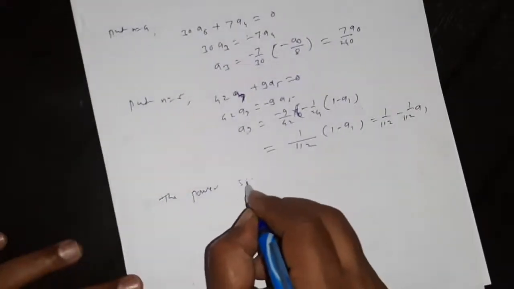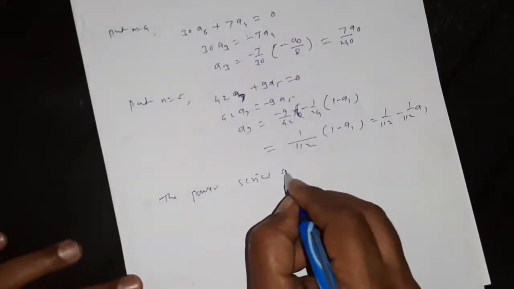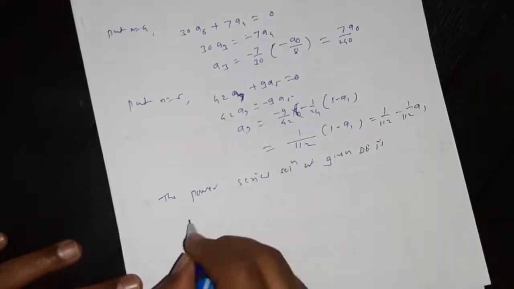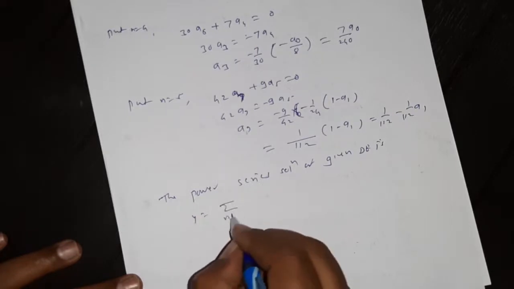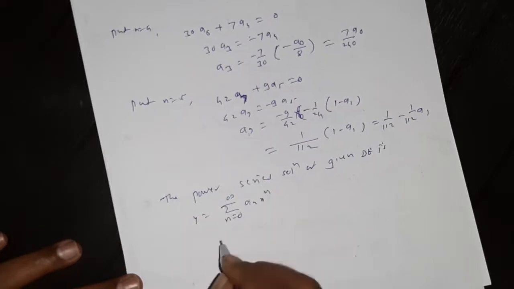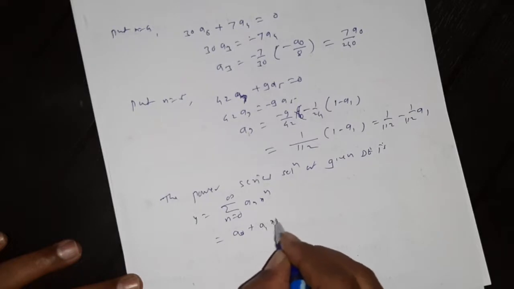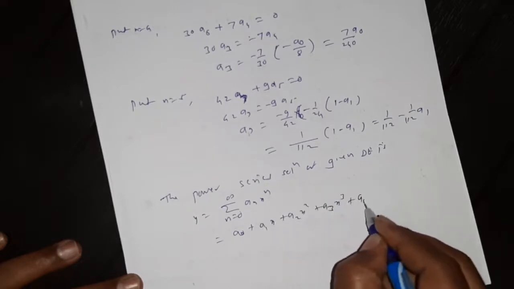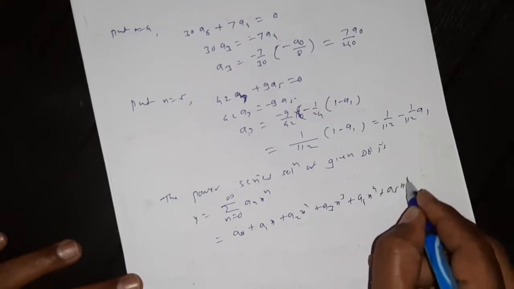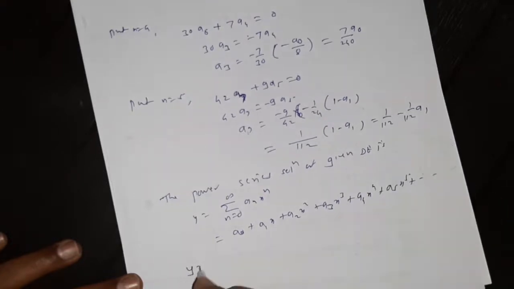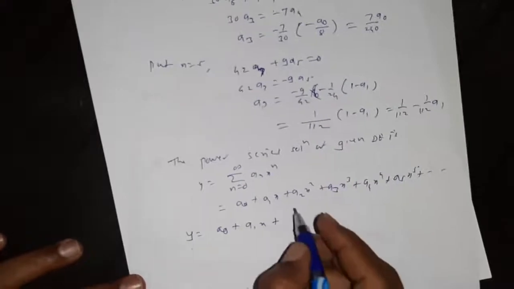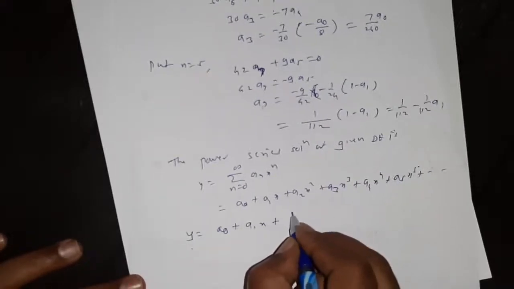Therefore the power series solution of the given differential equation is y equals the summation, n runs from 0 to infinity, of a_n x^n, that is a0 + a1 x + a2 x^2 + a3 x^3 + a4 x^4 + a5 x^5 and so on. That is, y equals a0 + a1 x + the value of a2